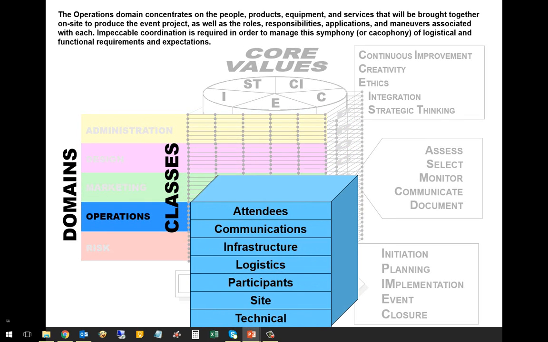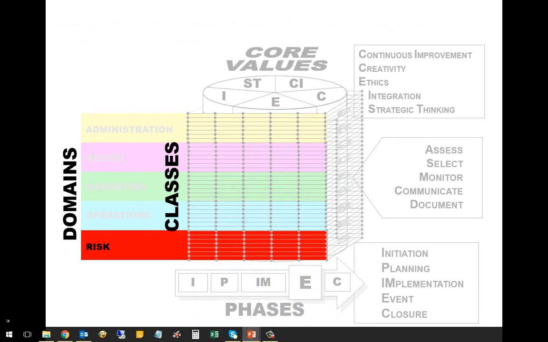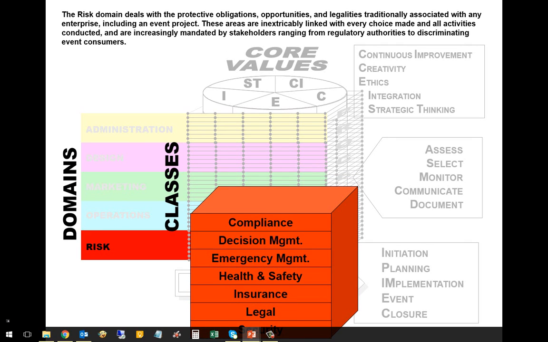We also have operations. This is about everything on the day. So attendees, communications, infrastructure, transport, logistics, participation, all the needs of all our speakers and guests, what site relationship or venue, technical requirements that's needed. And then, of course, the most important, keeping everyone safe, risk, making sure we're compliant, making sure we can put the event on, make sure we're keeping the council happy, the venue happy, decision management, making sure we give appropriate decisions to the right departments and who can and can't make decisions based on situations that happen, emergency management,